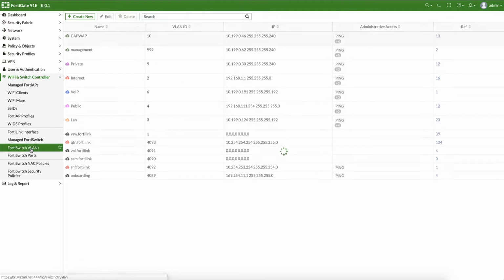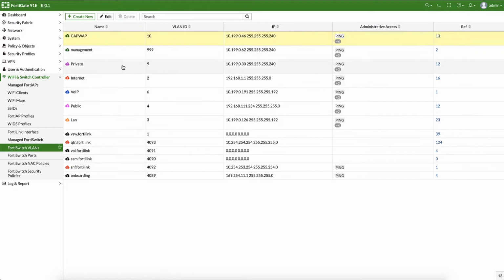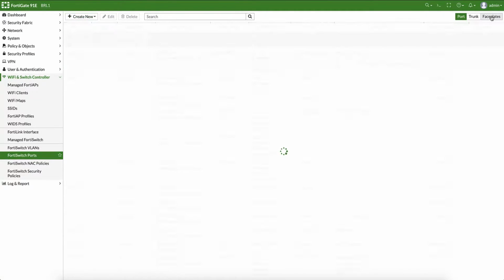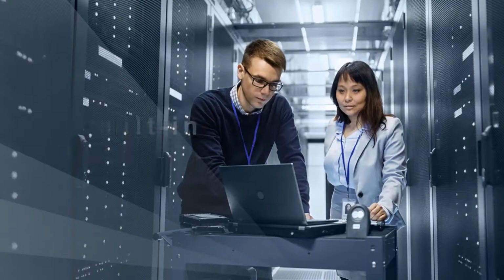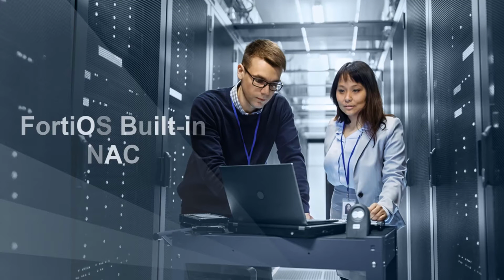In terms of VLANs, once created on the FortiGate, they can be used on any managed FortiSwitches. A FortiSwitch VLAN is seen as a virtual interface of the FortiGate. In order to ease VLAN assignment and get more automated deployments, FortiOS 6.4 is bringing some of the FortiNAC features directly on the FortiGate, without any extra cost.